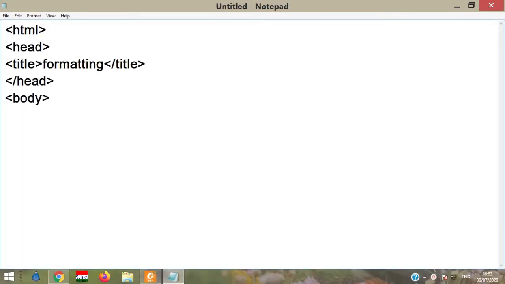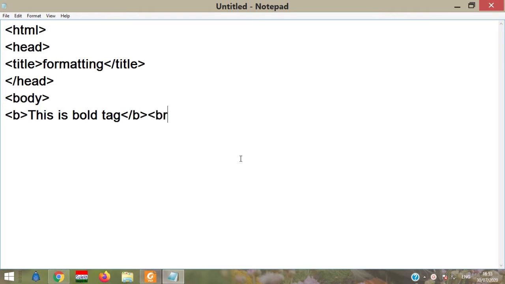Let us start some more formatting tags. Here we are using the B tag, this is the bold tag, and /B indicates the end of the bold tag.